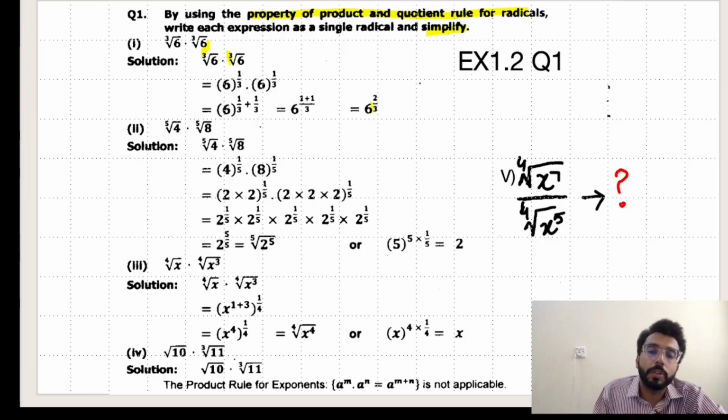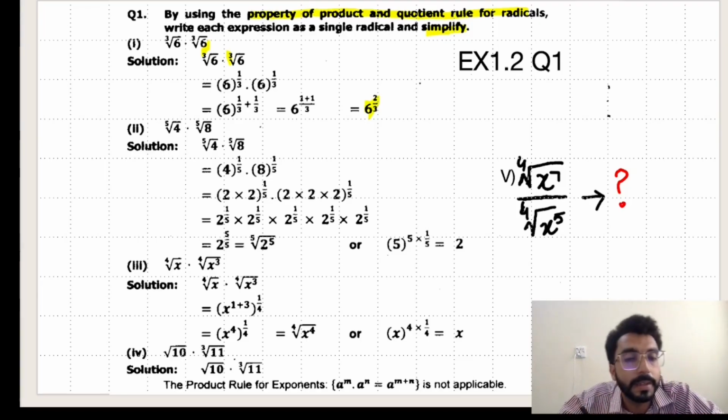In question number 2, 5th root of 5 into 5th root of 8. First look at the index. Are the indices the same? Yes, the indices are the same, 5 and 5. So we can apply the product rule here. We can write 8 as 2 multiplied 2 three times, in factor form. This is called the power rule. We used it and simplified it. After the simplification, 5 and 5 are common factors.